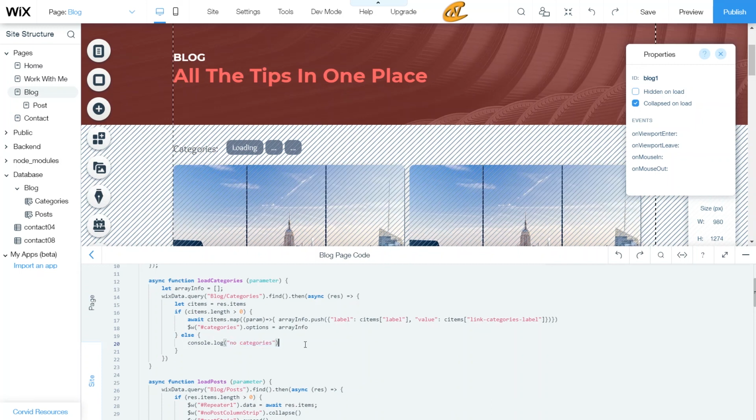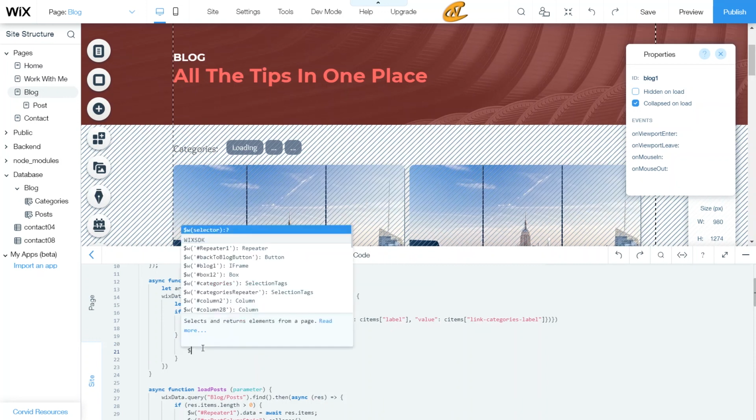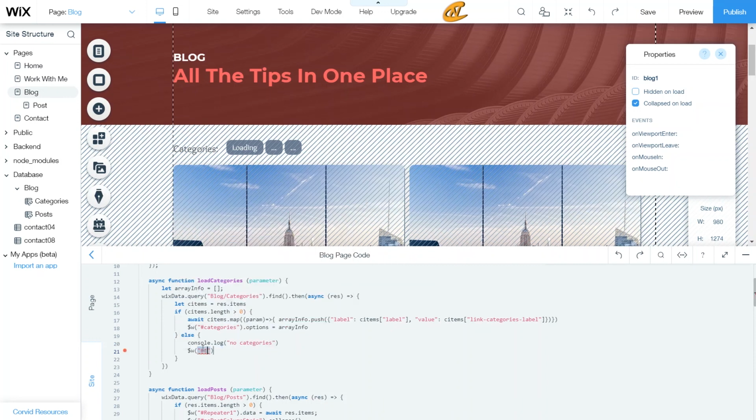Then we're going to look at this. It says text 406, and then this is categories, right? So for text 406 and categories,